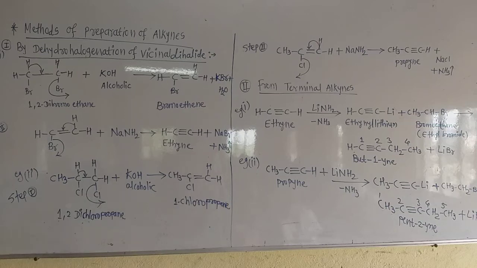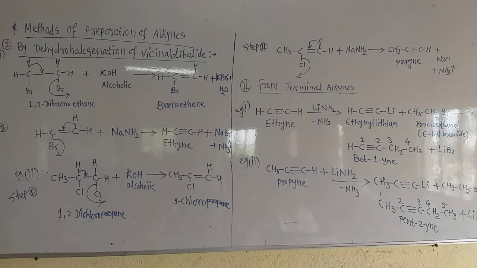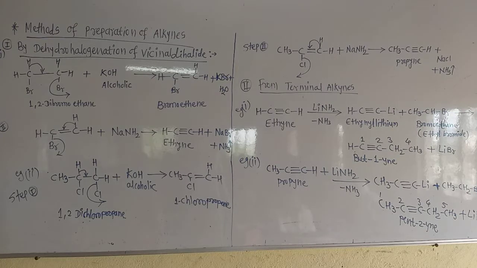Yesterday we already saw the methods of preparation of alkynes on the larger, that is commercial, scale. How in the industry alkynes are prepared, those two methods we already saw. First is from calcium carbide and the second one is from methane. From those two, methane and calcium carbide, we can prepare the alkyne.